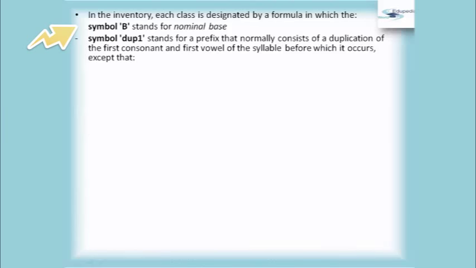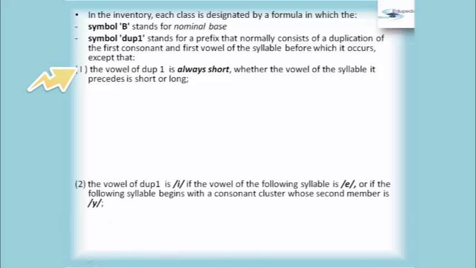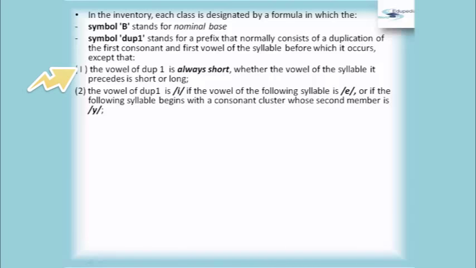In the inventory, each class is designated by a formula in which the symbol B stands for nominal base, and the symbol .1 stands for the prefix that consists of duplication of the first consonant and first vowel of the syllable before which it occurs, except that first, the vowel of the .1 is always short, whether the vowel of the syllable it precedes is short or long. The vowel of .1 is E